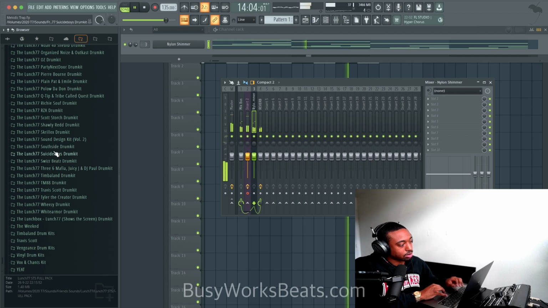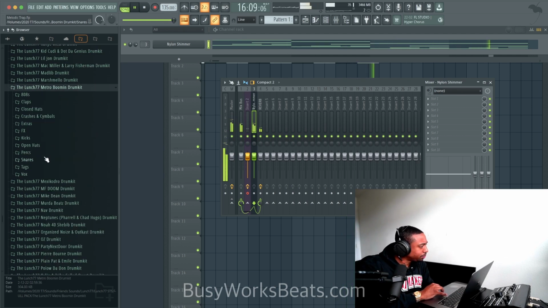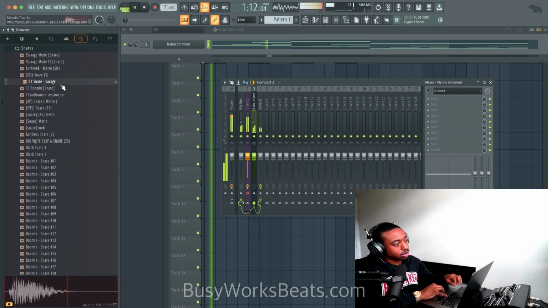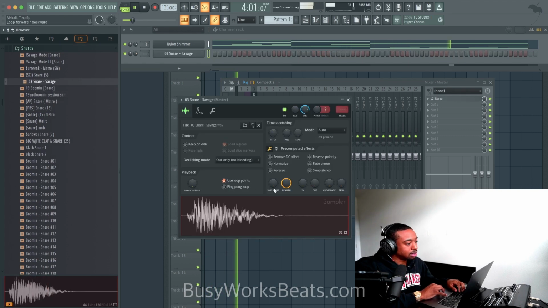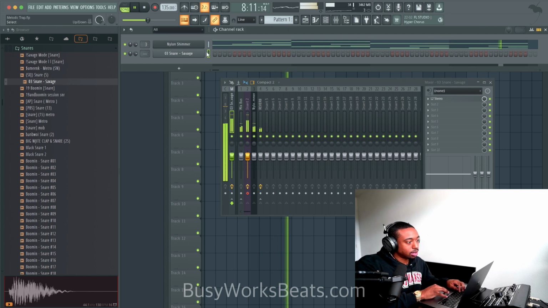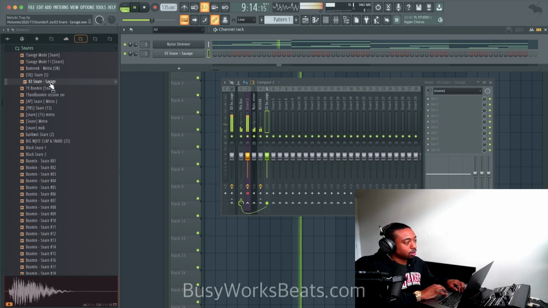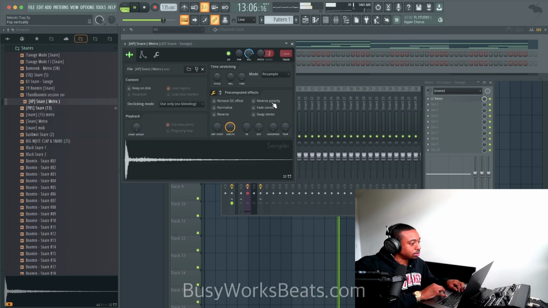To open up sounds, you just right click and open a new channel. Let's use some Metro sounds. He has like all the trap. This is like a bounce snare. Let's turn the loop off, go to mode, resample, right click the time, hit none to reset. This is more of a bouncy snare though. Hit Control L, send it to your mixer. So again, right click, open a new channel as far as picking sounds. Kind of like that sound too.